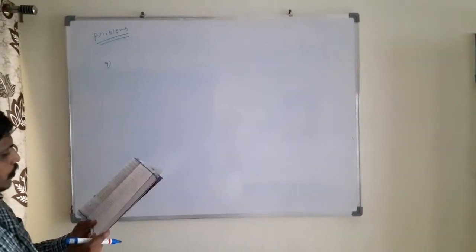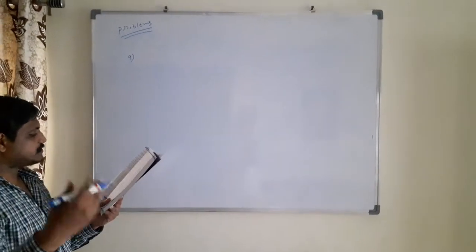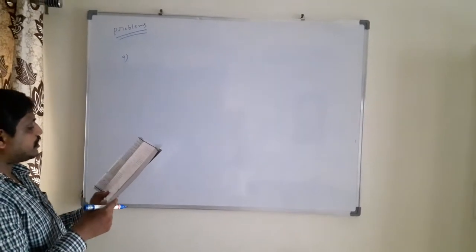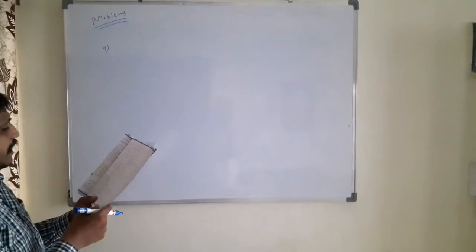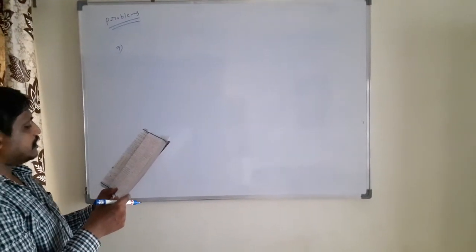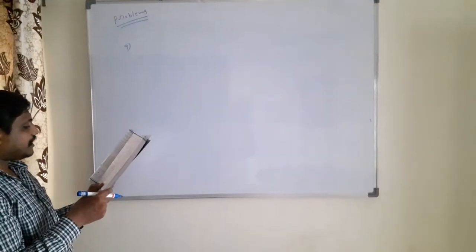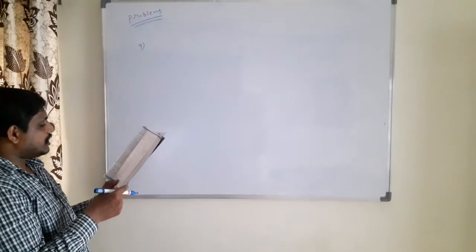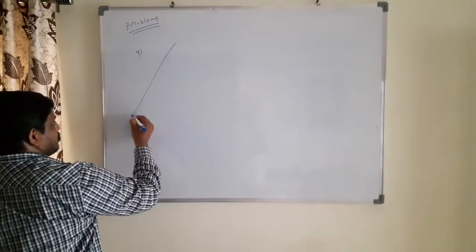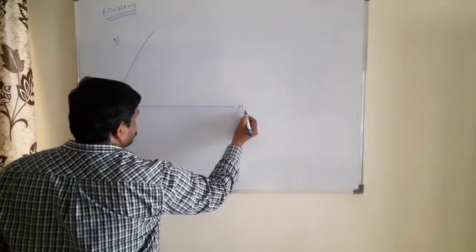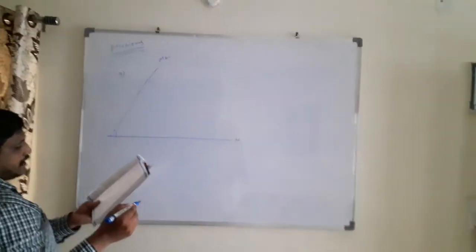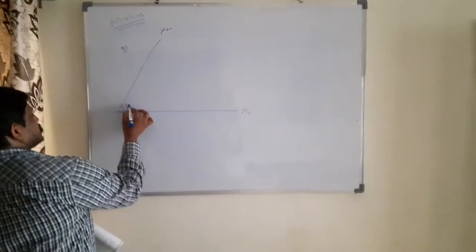Look here now, I can explain the question again. A ray of light is incident at 50 degrees on the middle of one of the two mirrors arranged at an angle of 60 degrees between them. Then the ray touches the second mirror, gets reflected back to the first mirror, and makes an angle of incidence. Look here, this is the mirror M1, this is M2. The angle between the two mirrors is 60 degrees.